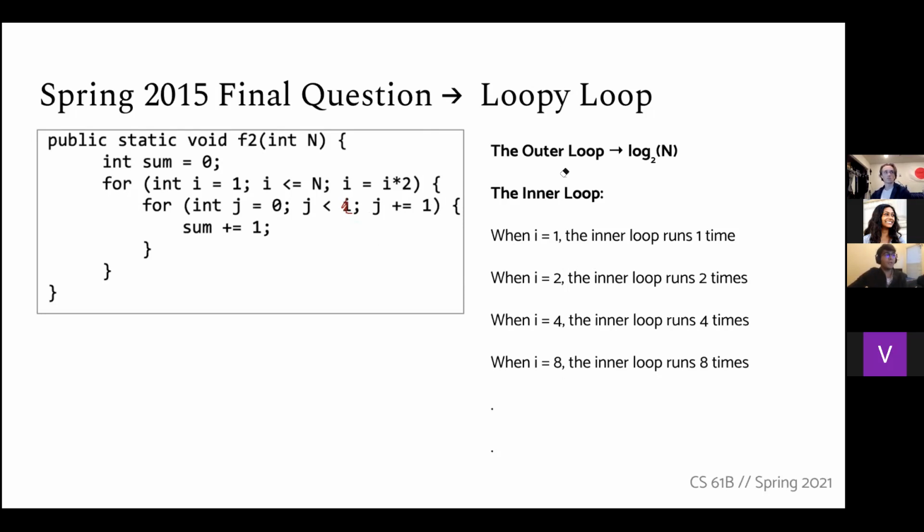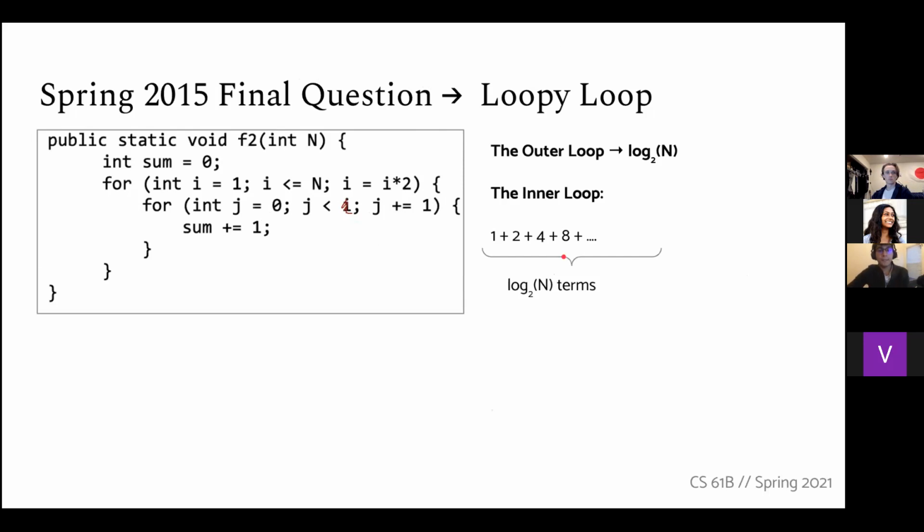And now, once we have this idea that the outer loop is going to have log n iterations, and the inner for loop is just going to be up to the value of i, let's actually look at 2 ways we can now approach this. Okay. So the first way is just, again, like we just talked about, it's going to go through 1, 2, 4, 8, so on and so forth. And there's going to be log n of these terms. So this is a little bit tricky, but